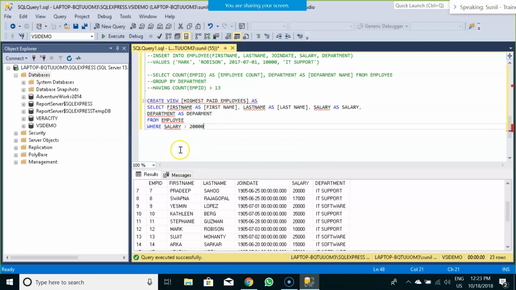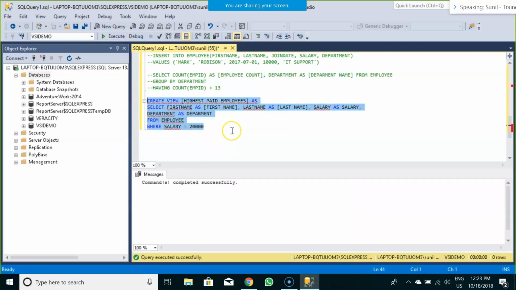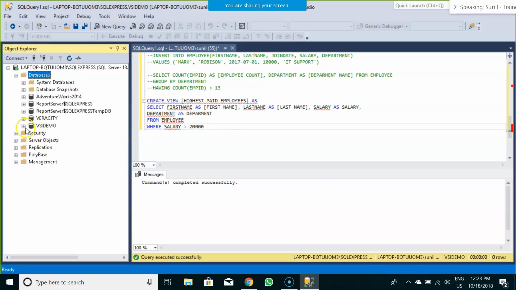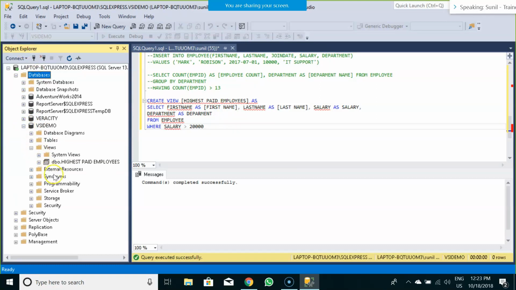So I would create my view as highest paid employees, those employees whose salaries are more than 20,000. After that, I would execute this particular view. The view is created successfully. If I refresh this database, you could see the view somewhere here.